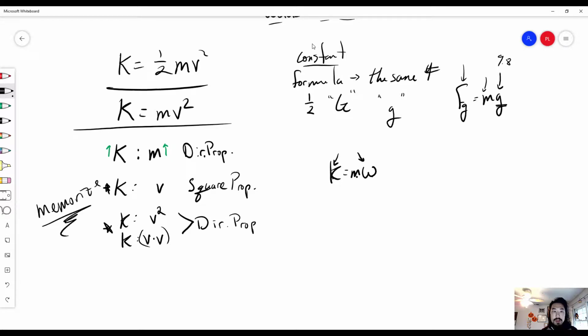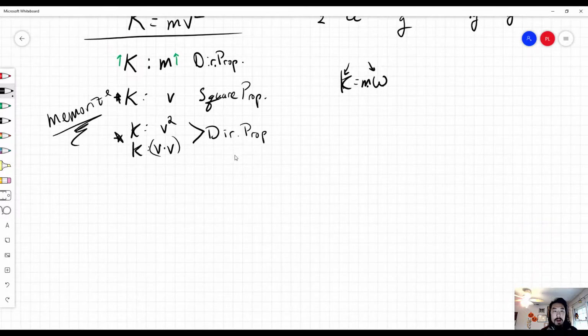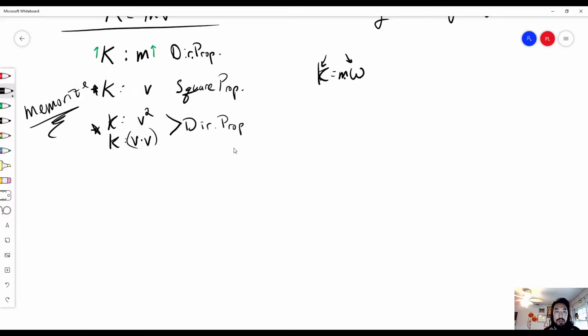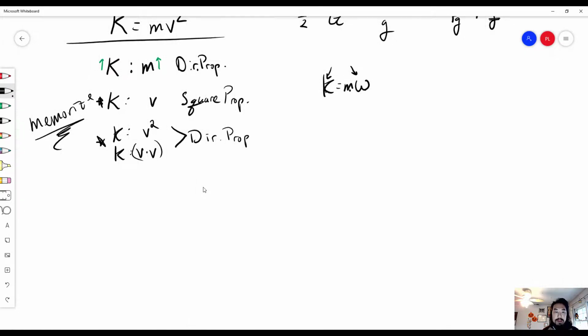College Board loves these kinds of questions. Okay. All right, next up, we have mass. Now this is where things get a little bit tricky. I'll draw a line because that's the end of the directly proportional stuff. Let's take a look at mass